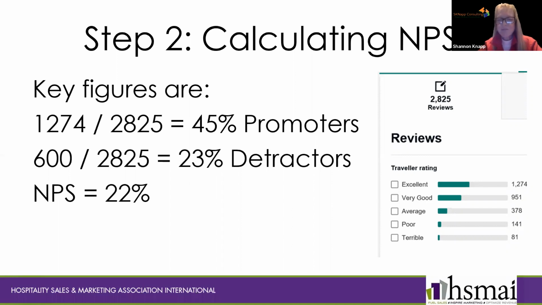The correct NPS score in this example, 22, would be a great NPS score for this hotel if yesterday's NPS score or last year's NPS score was 15 or was even 20. That's really good. But if same period last year, or if last week this particular property's NPS score was 50%, then it's a bad NPS score. So just like in any revenue management metric, if you look at any one number just in isolation, all by itself, it's sort of meaningless. You have to compare it to another period of time or compare it to your peers,